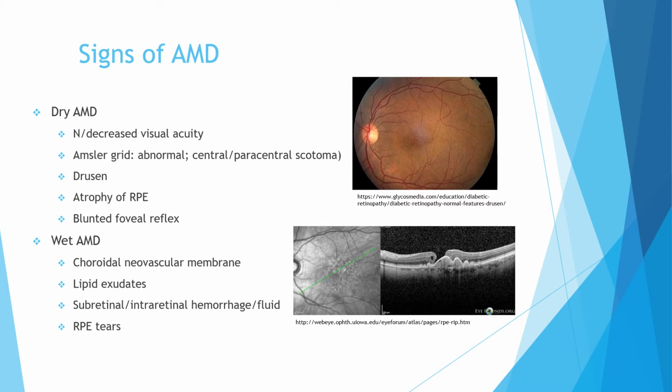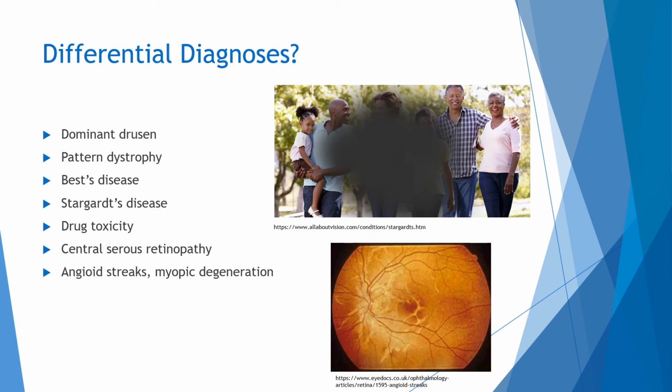advanced stages, there can be choroidal neovascular membrane and lipid exudates. Subretinal or intraretinal fluids, including hemorrhages, can be noted upon fundus exam, and RPE tears even may be noted. Drusen is not a characteristic finding in wet AMD. As such, patients presenting with the symptoms and signs that we just discussed may have entirely different diseases, and thorough